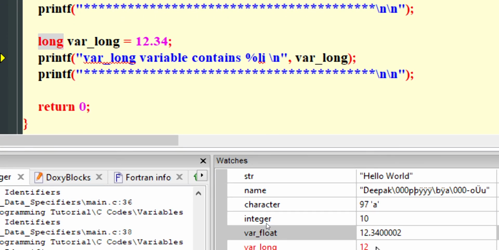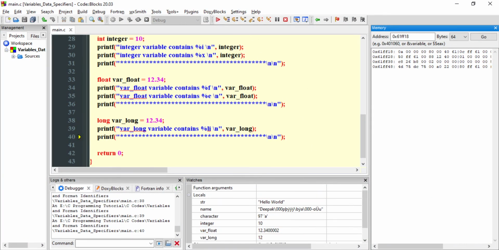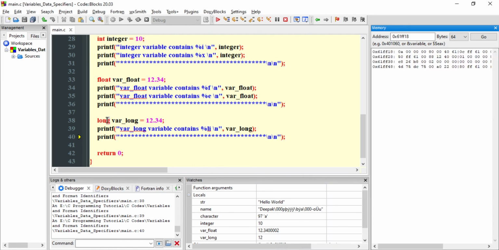So you have to keep these things in mind, that you cannot keep decimal values in integer variable type or long data type. So let us print that value in the console. Next line, and here we can see var long variable contains 12. Although we tried to assign it 12.34, it is only showing us 12. So .34 is ignored by long data type. The data type is long, therefore it has ignored that part.